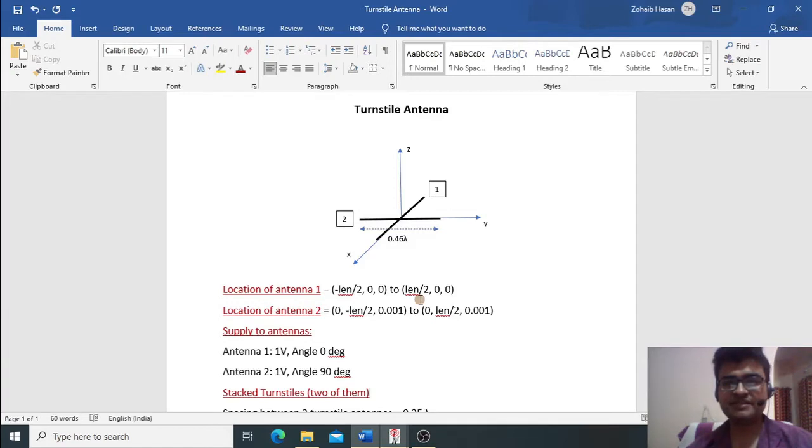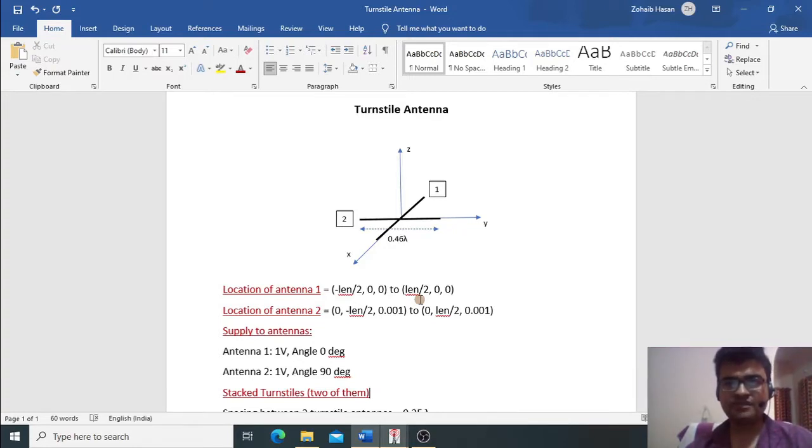So one of the comments says that they want to design a plus shaped antenna, and in my knowledge a plus shaped antenna is a turnstile antenna. Okay, so just to address that comment, I'm making a video on how to design a turnstile antenna on 4NEC2. Before getting into the tool directly, let's first discuss what we are going to do to make a turnstile antenna. I believe if you have watched my video on how to design a half wave dipole, you'll be easily able to understand what we are going to do in this video.